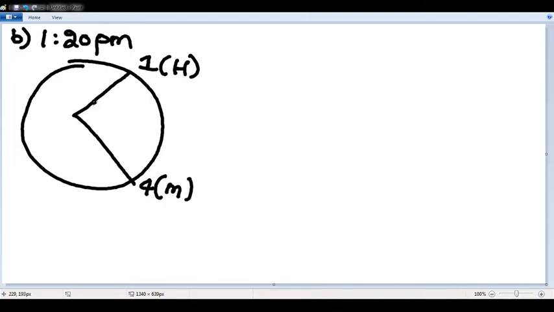From 1 to 4 there is a 3 hour difference. 1 hour is 30 degrees, so 3 hours will become 90 degrees. When the minute hand reaches 4,